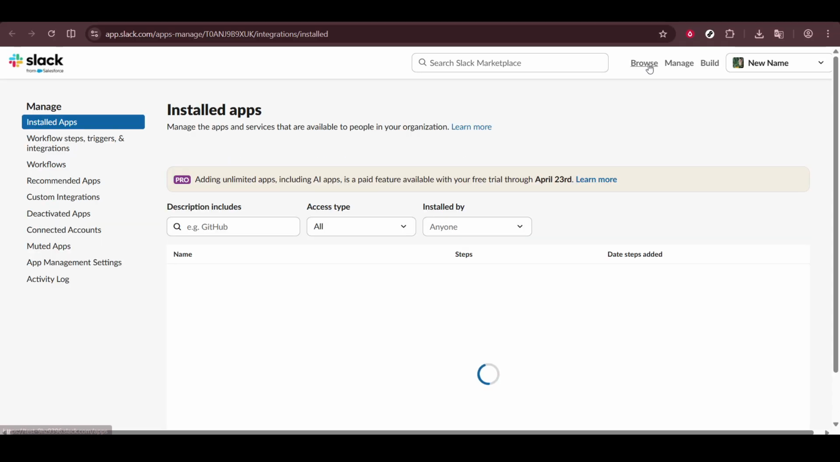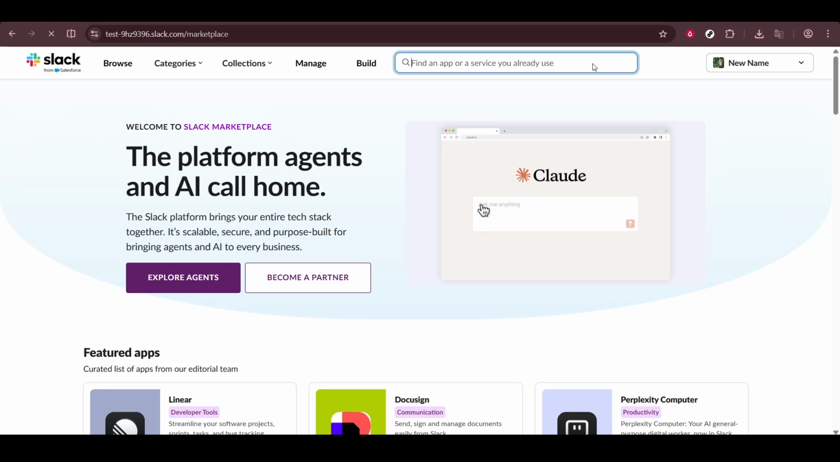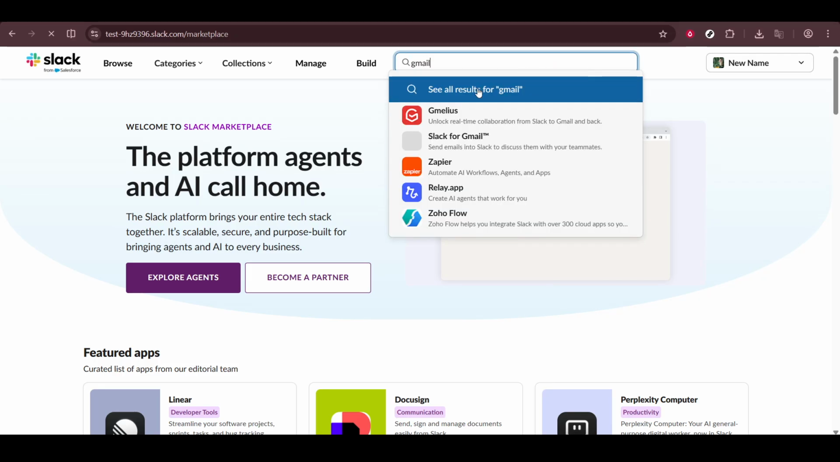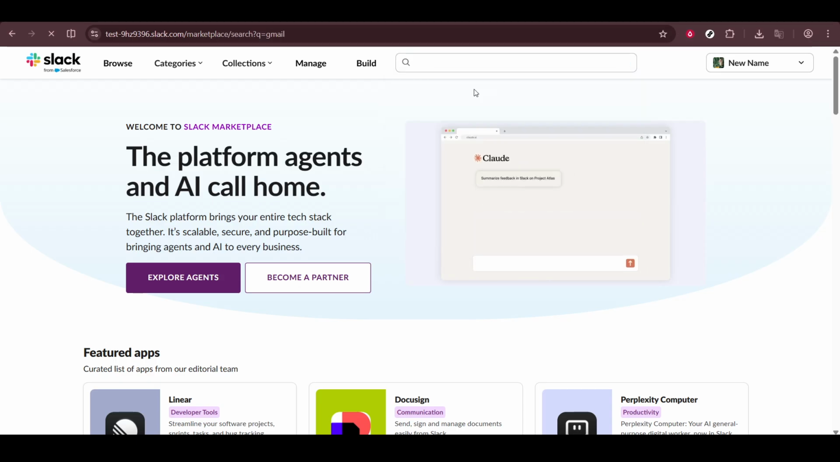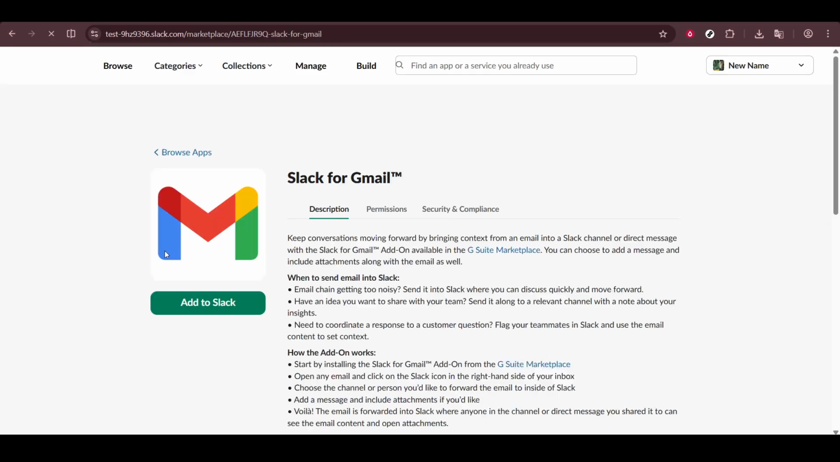In the search field, type Gmail and let the results populate. Select the option to see all results so you get the full list rather than just the top few matches. From the results page, choose Slack for Gmail. This is the official integration that lets you move email content into Slack while preserving context, including subject lines and